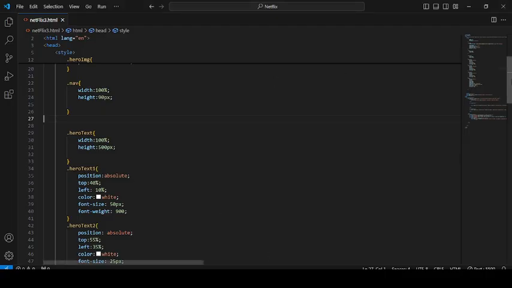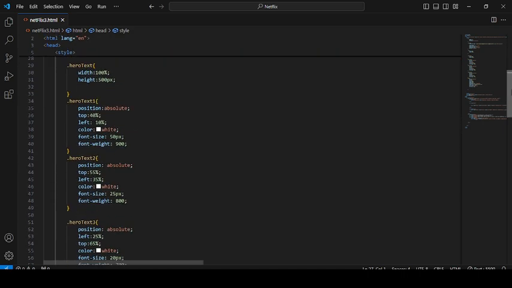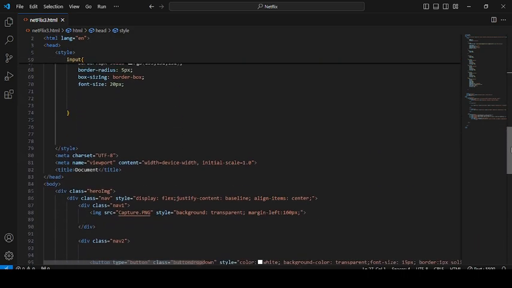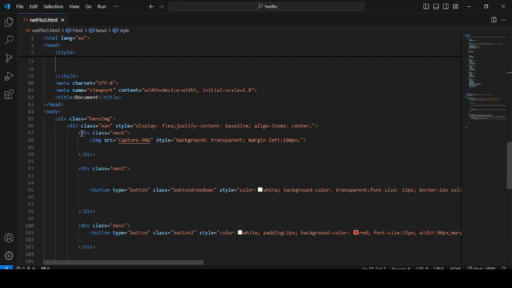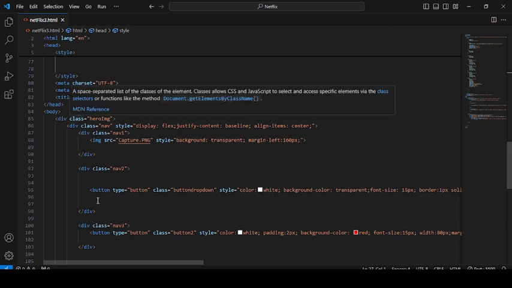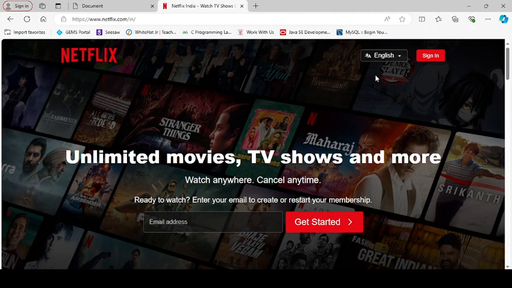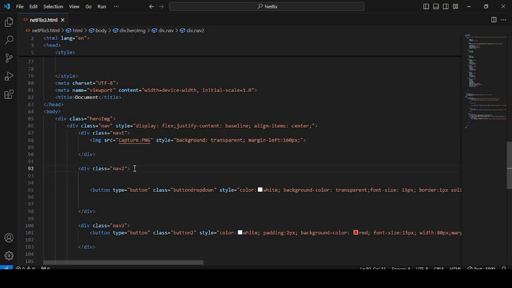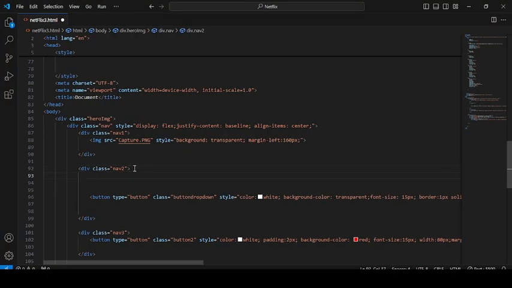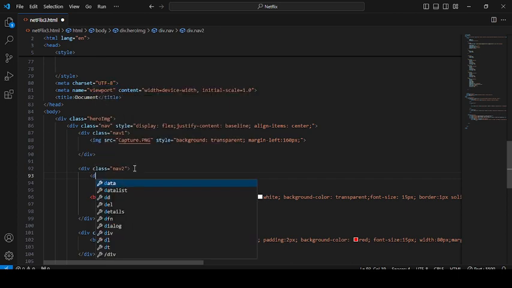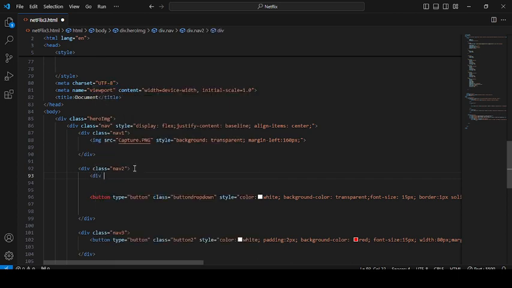So here in the nav class, we have the nav2 class. The nav class is the topmost class, in which we are going for nav2, because nav2 is related to this button. So here in the nav2 class we are going to create one more div, to which we are assigning a class dropdown,